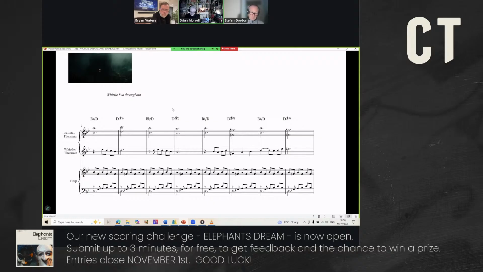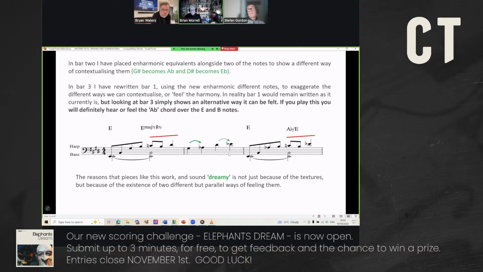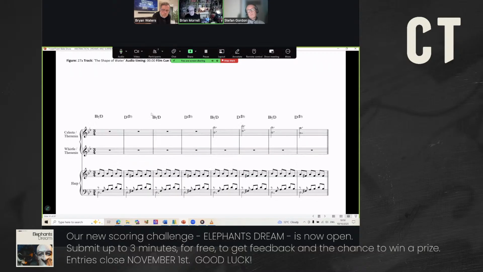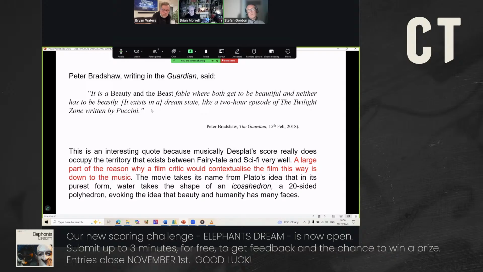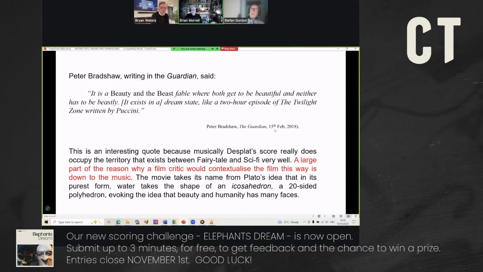And it's not entirely dissimilar from the Benjamin Button intro as well, where he does the same thing, where he's got the E chord and the A flat. So again, that is a very, very cool chord. This kind of writing, particularly on this one and this one, is quite fairy tale orientated, which is good, because Peter Bradshaw of The Guardian did a little piece on this, and he said it's a Beauty and the Beast fable where both get to be beautiful and neither has to be beastly. And if you look at that quote, Desplat's score really does occupy the territory that exists between fairy tale and